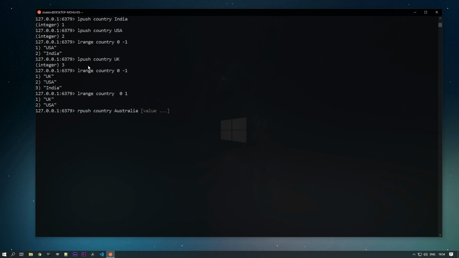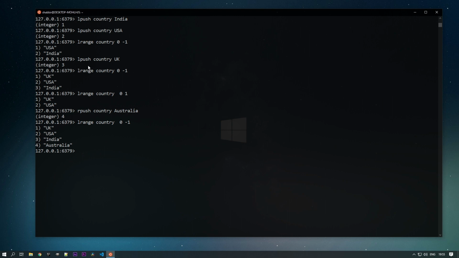Currently my values are UK, USA and India, so Australia would be added at the bottom of India. If I check my countries again, you can see that Australia has been added at the bottom. So this way we can use lpush and rpush to add data to our list.